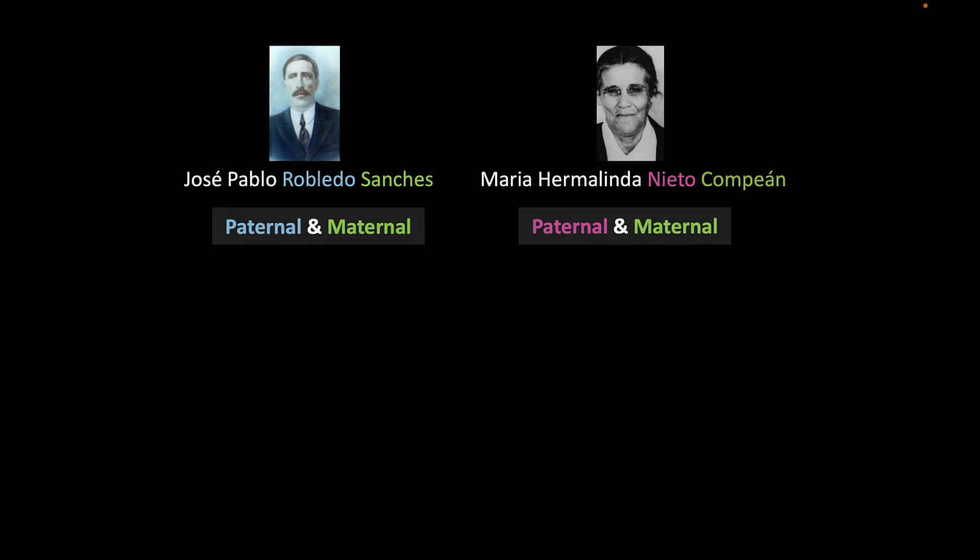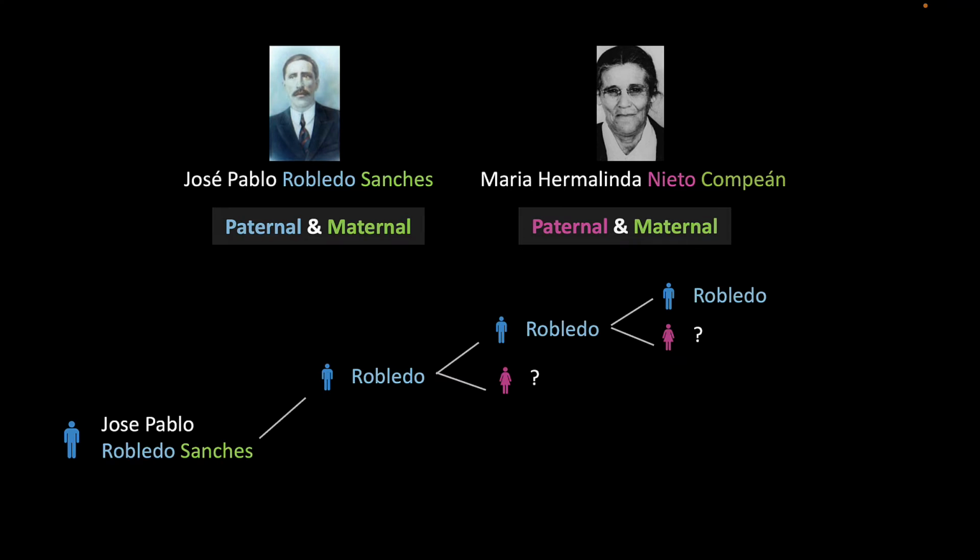Both Jose and Maria were born after civil registration was in place in Mexico, after the dual surname standard was in place. We can see their dual surnames here. Pay attention to my use of color. My great-grandfather Jose's dual surname consisted first of his paternal surname, Robledo, shown here in blue. By paternal surname, this means Jose inherited the Robledo surname from his father. Robledo was his father's paternal surname, meaning his father's